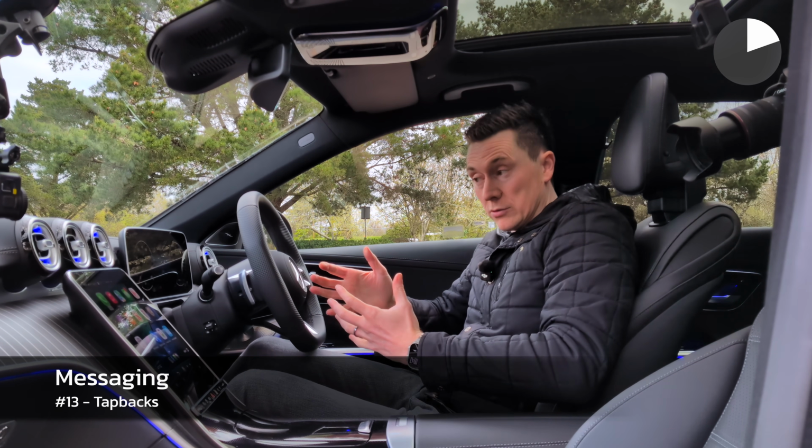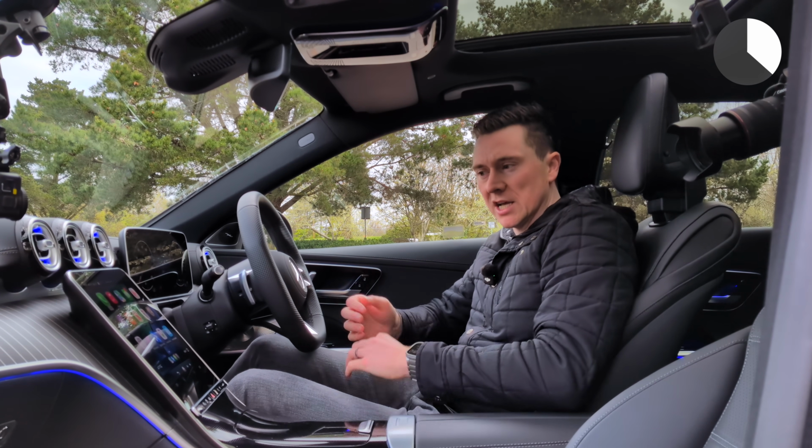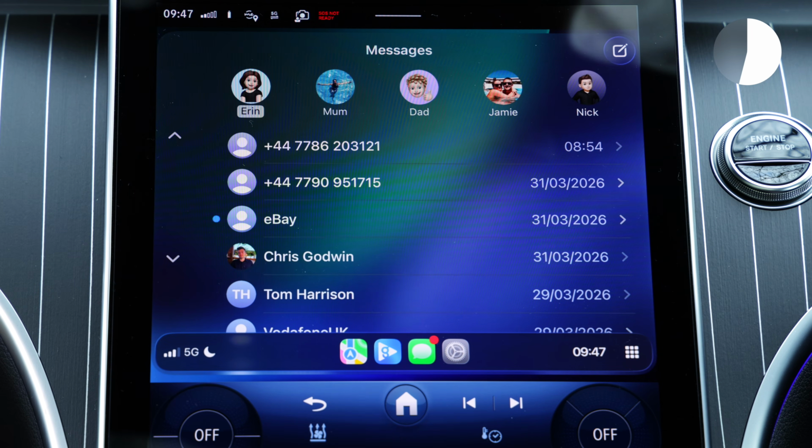Tapbacks are also something which is quite cool on messages. Obviously makes a whole lot of sense when you're driving because, you know, not everyone wants to respond to a text message, but just a simple thumbs up or heart can suffice. So once you've received a message,